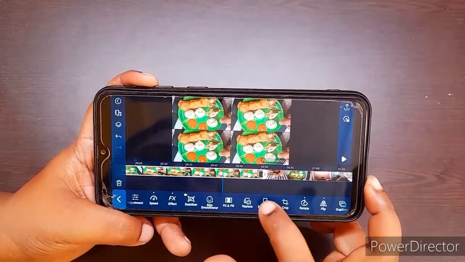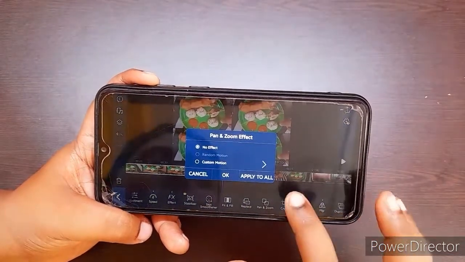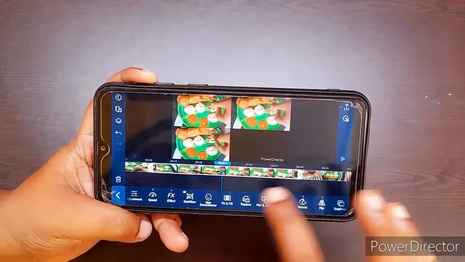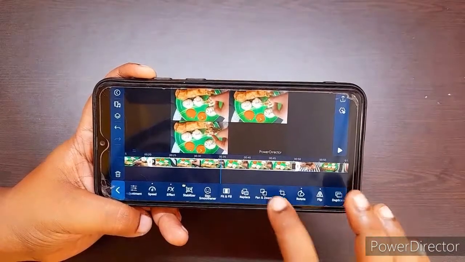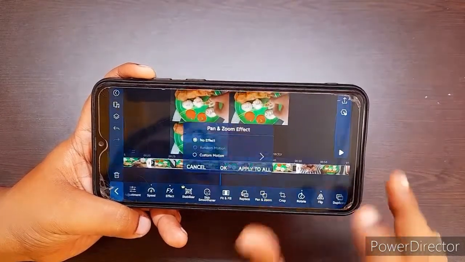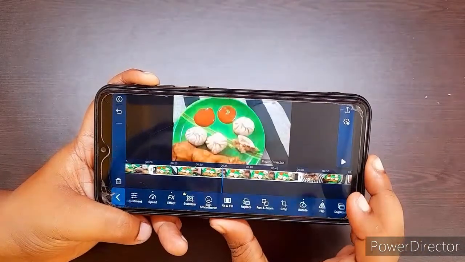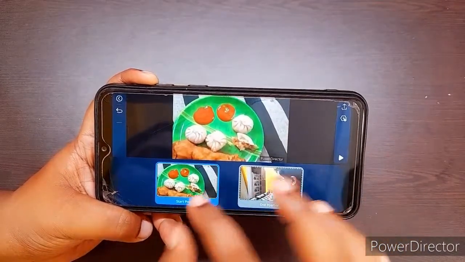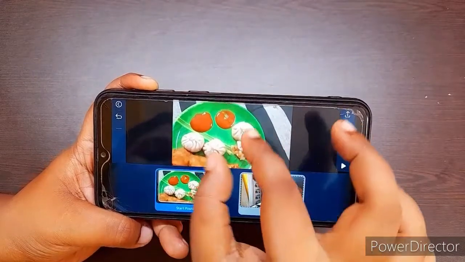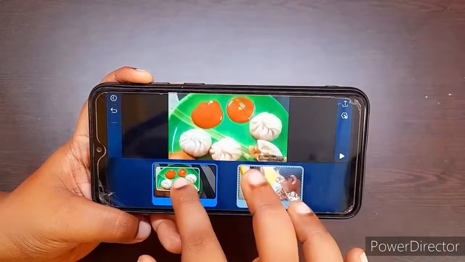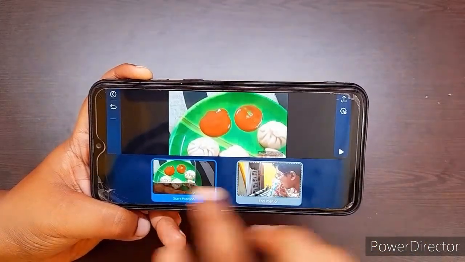You can do one more thing I'm showing you. Just click on the video, then click on this pan and zoom. Click on custom motion, and see how I'm doing.